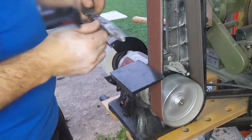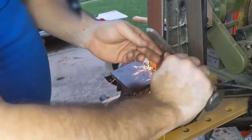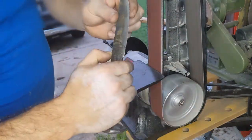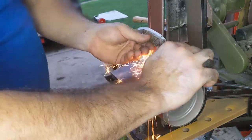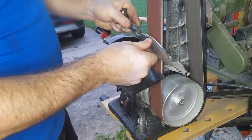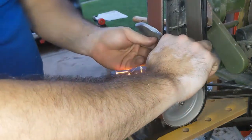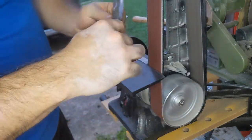But I've got a bucket of water here. You can see when I bend down, I'm dipping that bucket. So I'm trying to keep the blade cool. I don't want it getting too hot in my hands. It's not really important for this because it's medium carbon, so I'm not going to blow any heat treat or tempering, hardening, any of that. But it's just a good practice to get into to not use gloves when you're doing this, so you can feel if the knife's getting too hot, and then dip it in your bucket of water